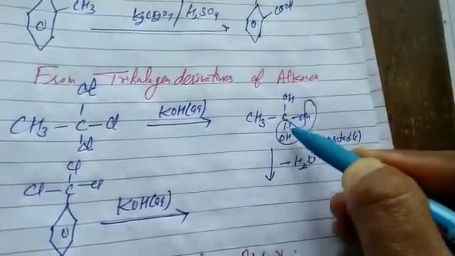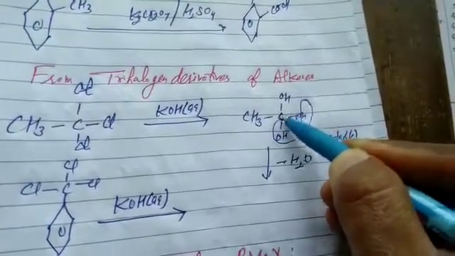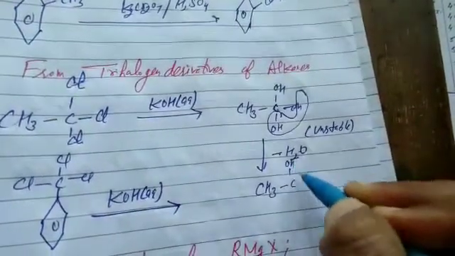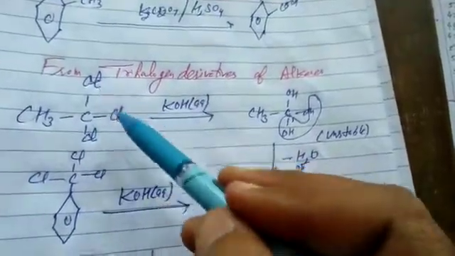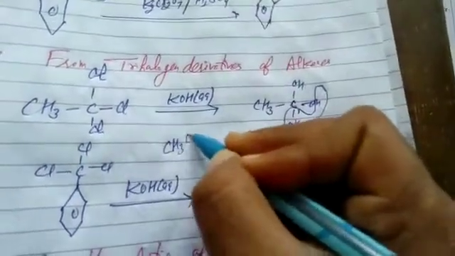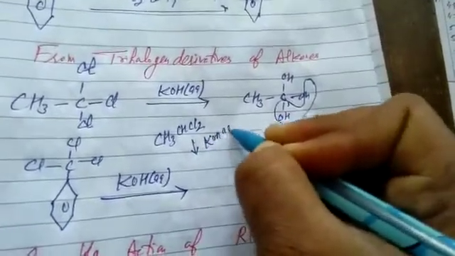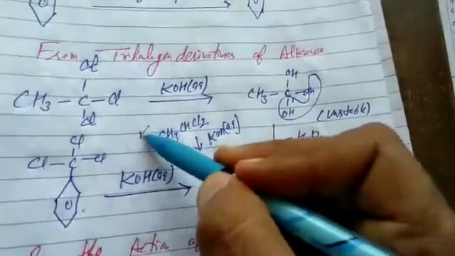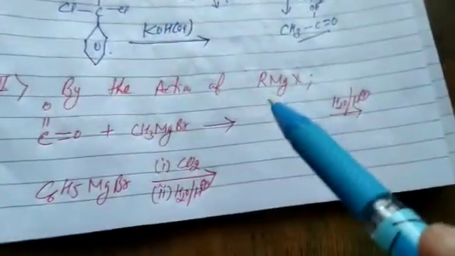The carbon atom carries positive charge because oxygen is more electronegative. H positive is eliminated, oxygen carries negative charge. Positive and negative lead to the formation of a bond. What is left? CH3COOH. Students, if it is a dihalogen derivative, then we get aldehyde or ketone. Again, please do it by yourself. It is an assignment. In this case, we get a carbonyl compound with aqueous KOH. Do it for the dihalogen derivative as well as the trihalogen, but in dihalogen we don't get acid; we get a carbonyl compound. The last one is by the action of Grignard's reagent.